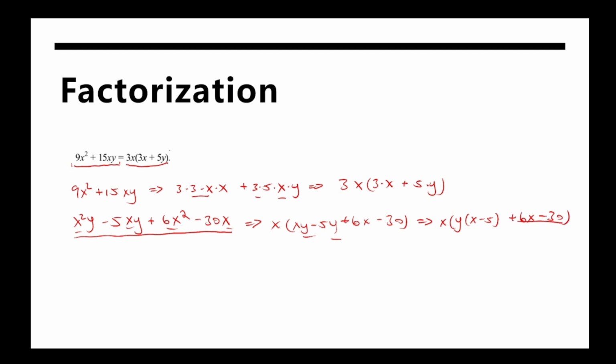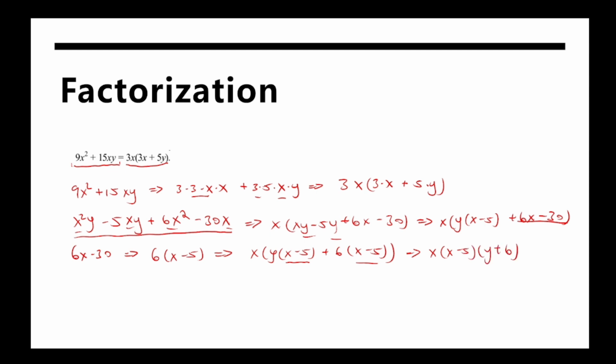And then looking at this term here, 6x minus 30, they both contain a 6, making it 6 times x minus 5, making the whole expression x times y times x minus 5 plus 6 times x minus 5. And now we can take out the x minus 5 term, finally factorizing this as x times x minus 5 times